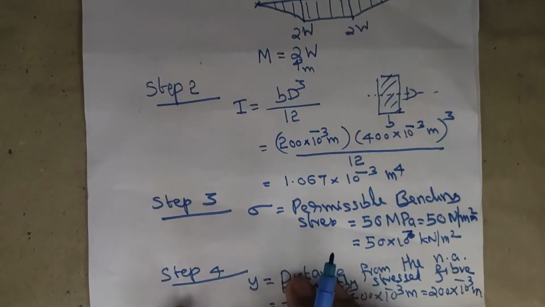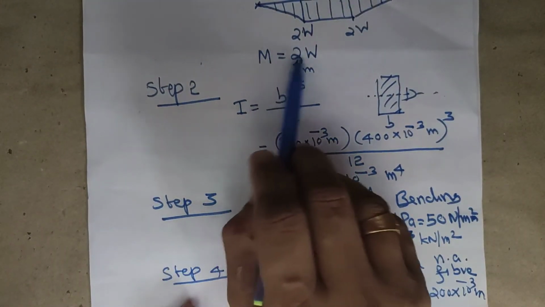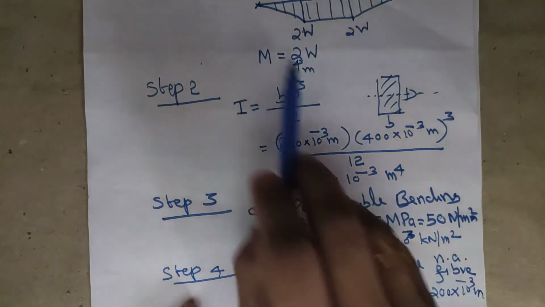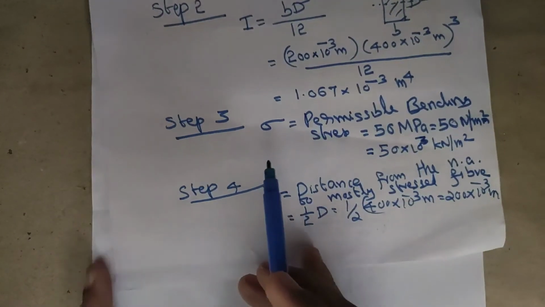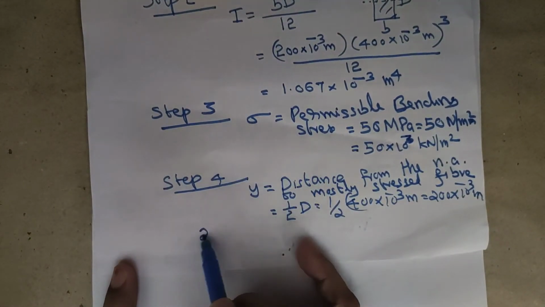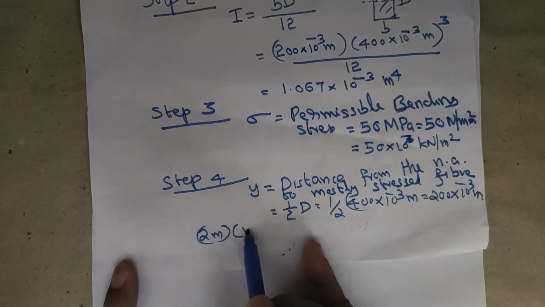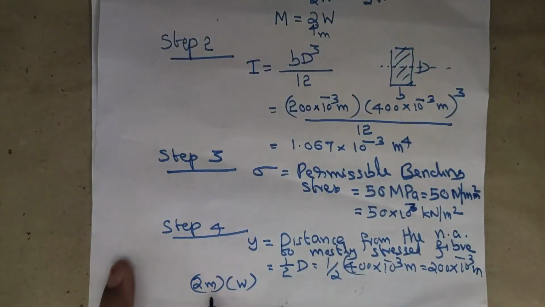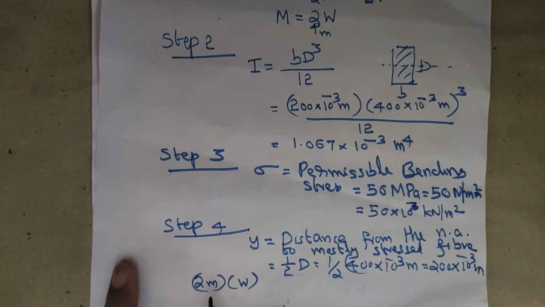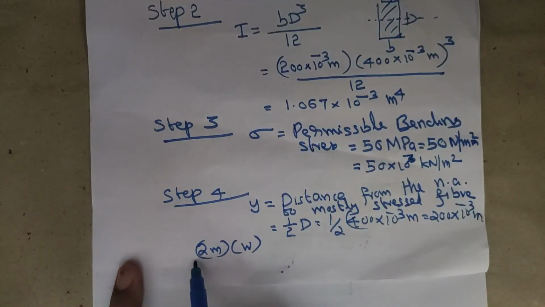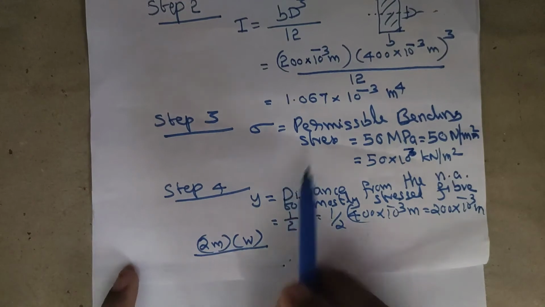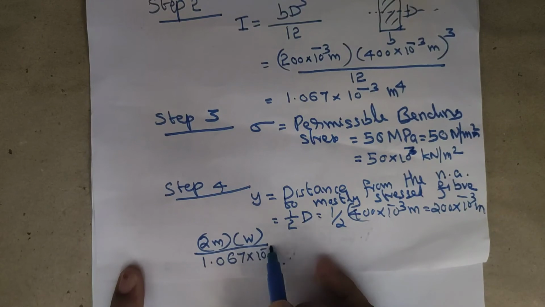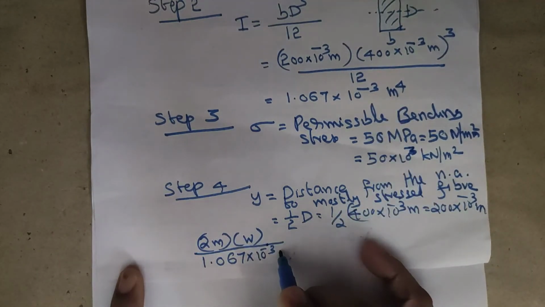M we have computed here, 2 meter into W. So M by I is 2 meter into W, and I value is 1.067 into 10 to the power of minus 3, the units meter to the power of 4,